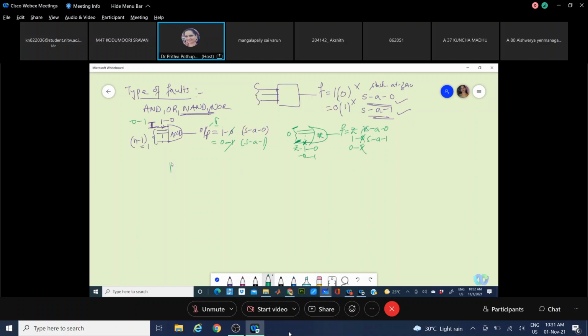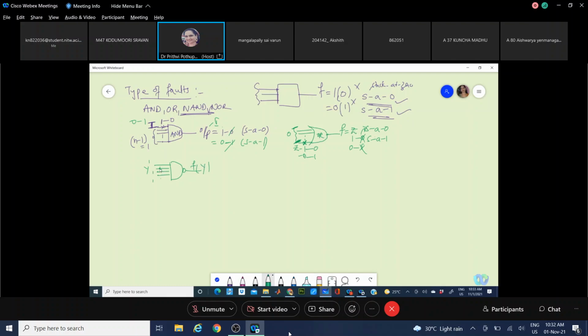Now the same logic applies to a NOT gate also. Whatever element you are testing, say this line, make all other lines 1. If I name this input Y, your output will depend on Y alone, that means Y dash. Is this correct? Y dash. Now, what is the influence of this on the output?